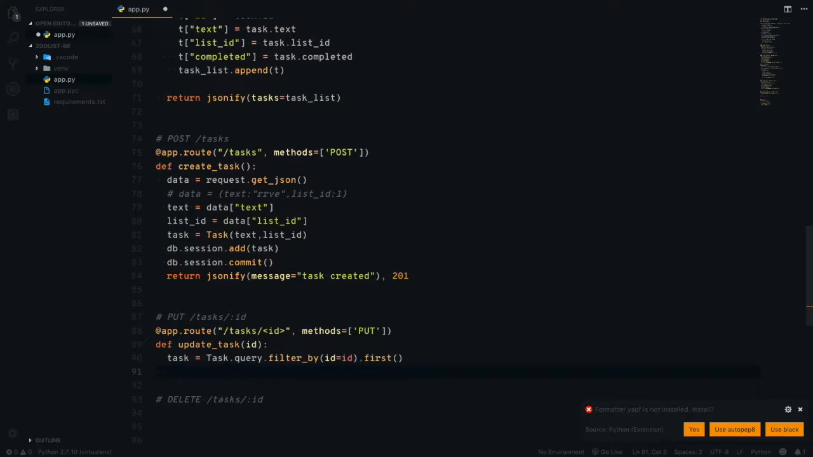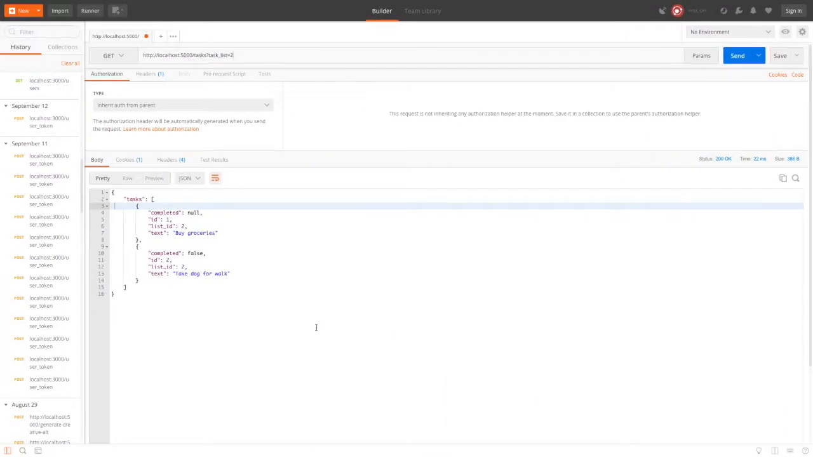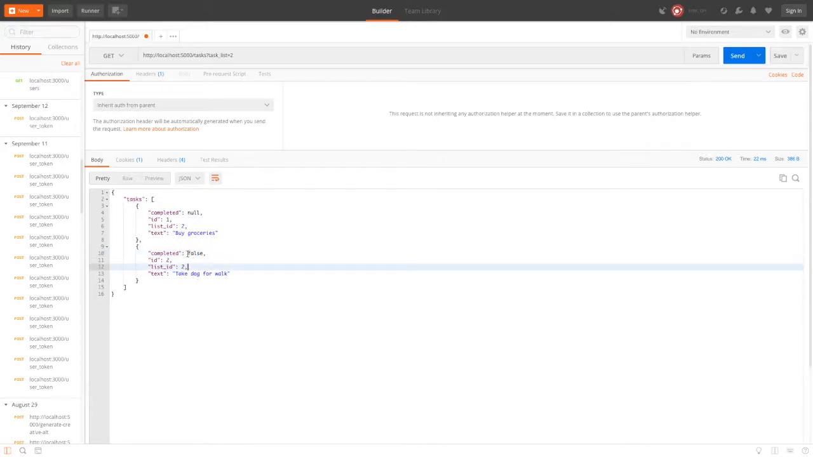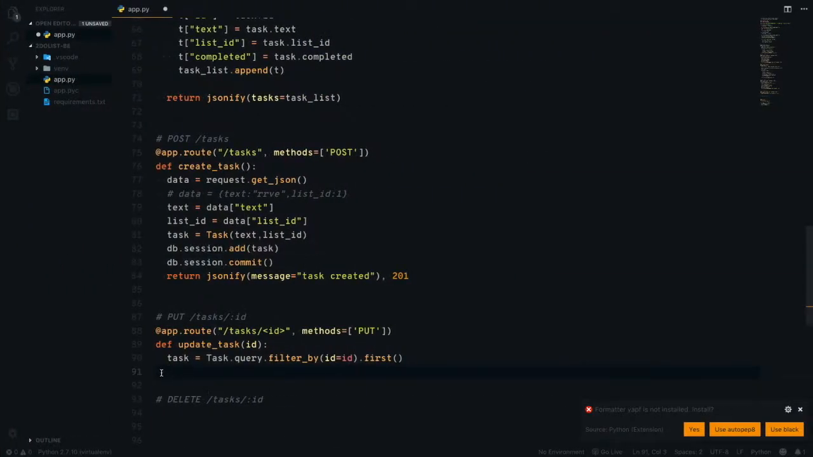For example, if we send an update request to update this task, its completed should be set to true because it's false right now. If we send another update to this task, it should be set to false because it would have been true by that time. So we'll change the task.completed equals true to is equal to not of task.completed,